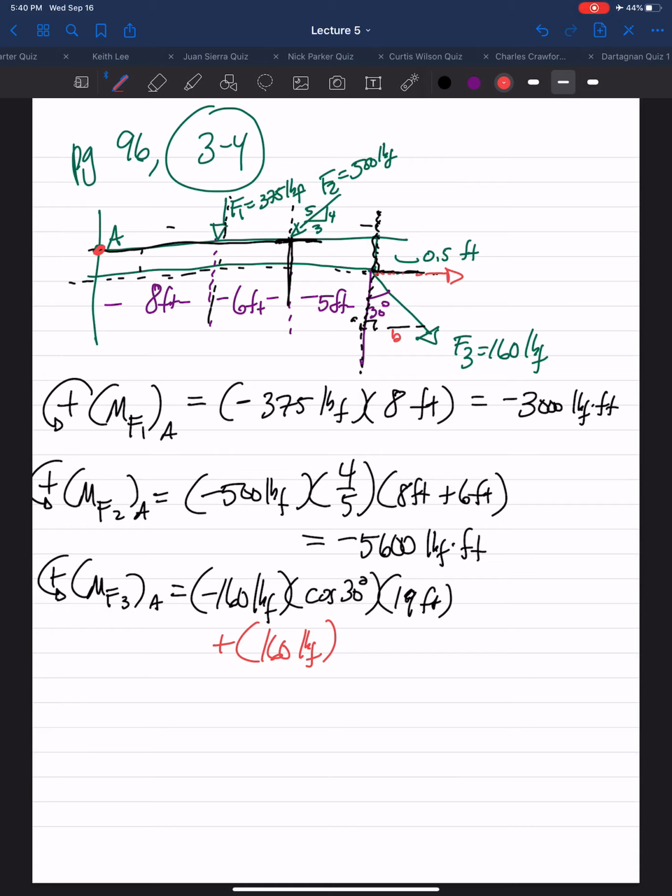And the horizontal, we said, is the B leg, so sine of 30 degrees. And our perpendicular distance between this line of action and point A is 0.5 feet. So here, the sum of those two components of the F3 force about point A, so the moment the F3 force causes about point A, add up both of these together,